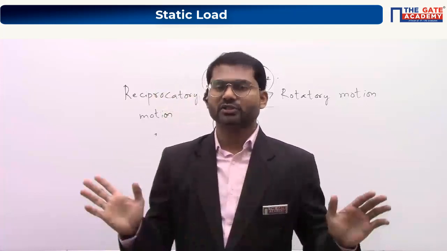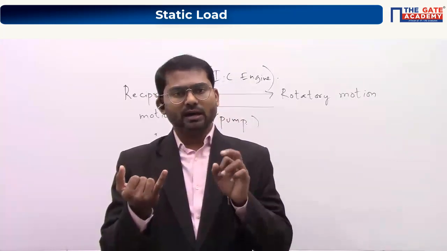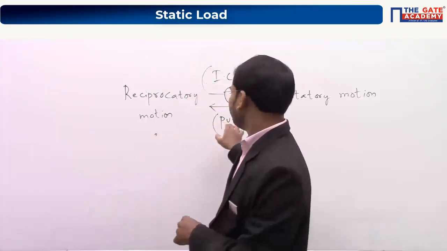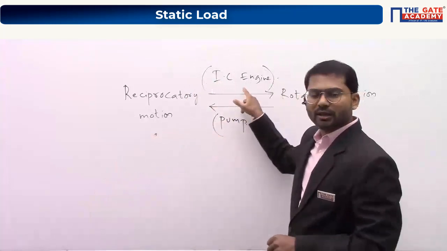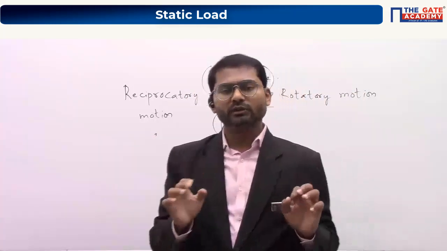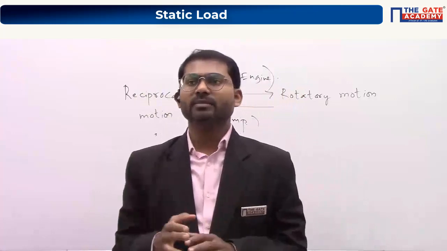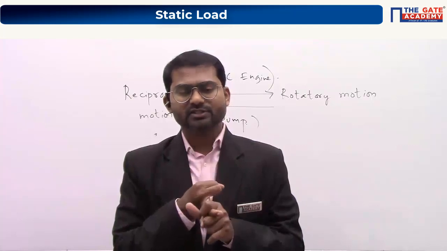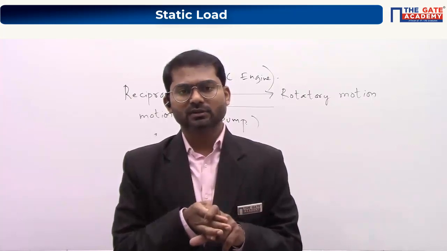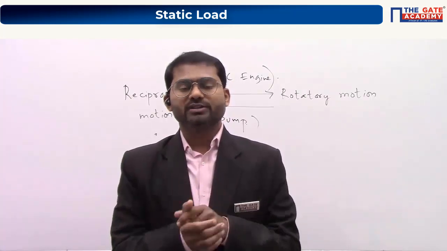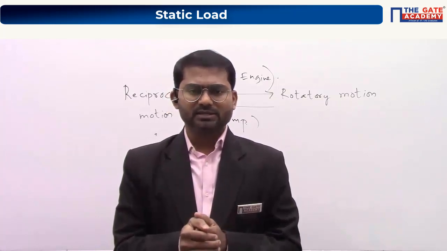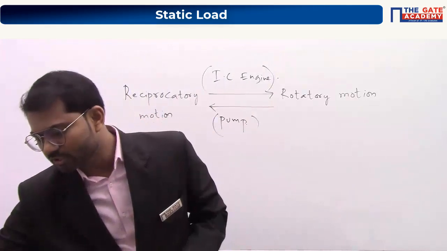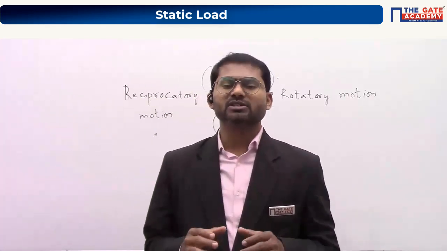Whatever machine you see, the machine may be a steam turbine, a gas turbine, a reciprocatory pump, or an IC engine, whatever the machine may be, you will mostly see a few common elements or common parts. For example, bearings, clutches, brakes, springs, joints, many things like this. Understand? At this level, we are going to study the designing of these machine elements.